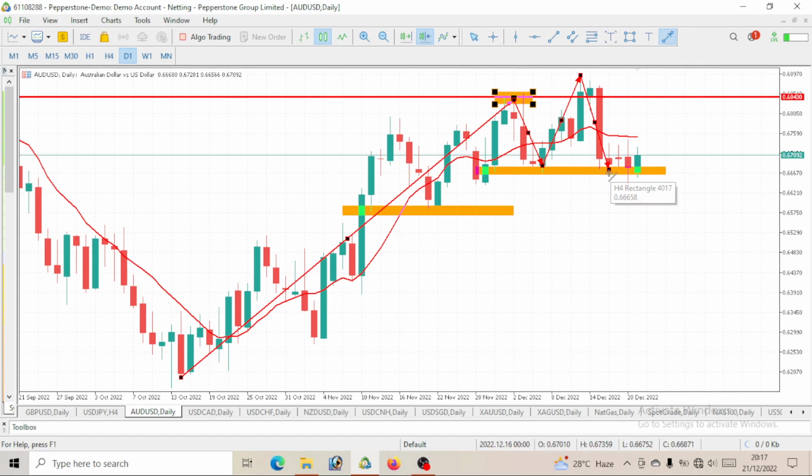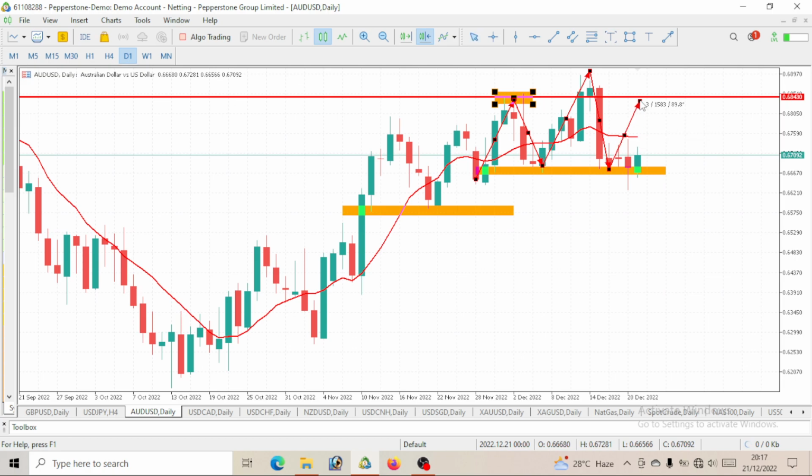So we expect this AUD USD to go up again, probably giving us a head and shoulder pattern, if you want to see it that way. It should be something like this: an impulse move here, where we consider price reacted here. Then price came down, and came up again, breaking above the previous highs, which now formed the head, if you want to see it. Then we are expecting another high to be made.